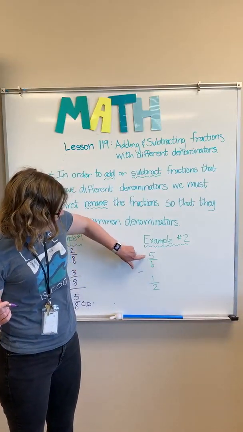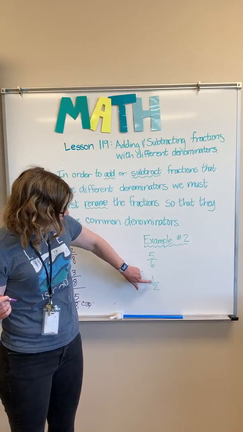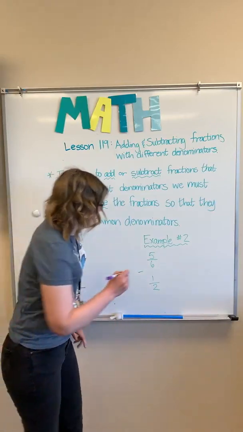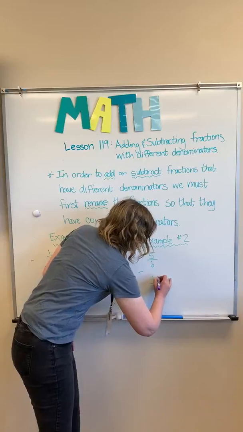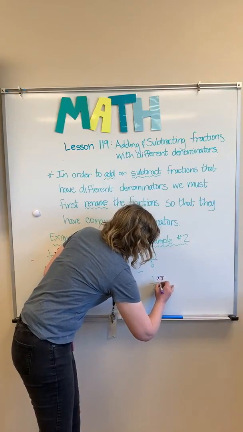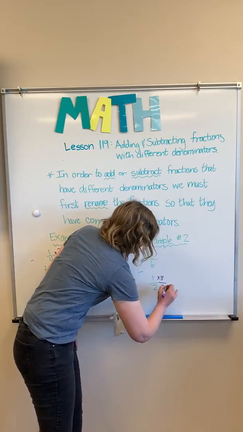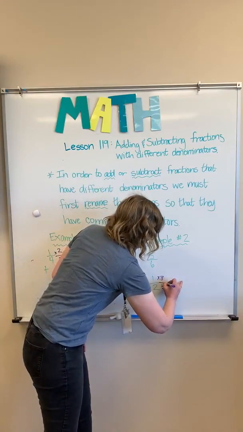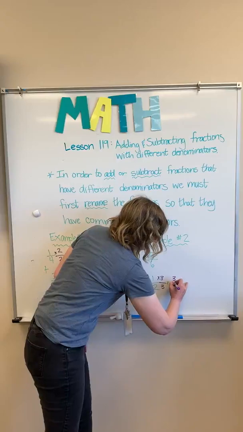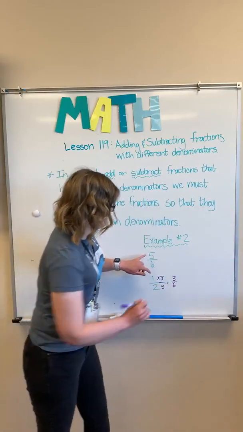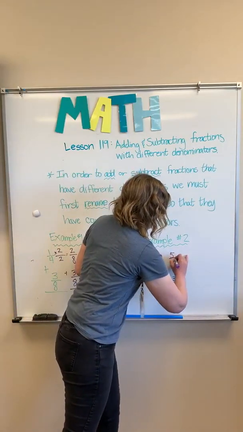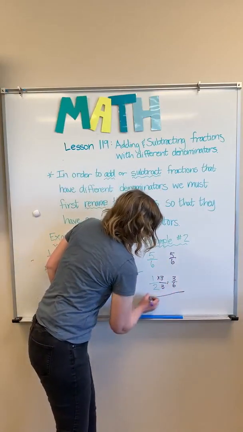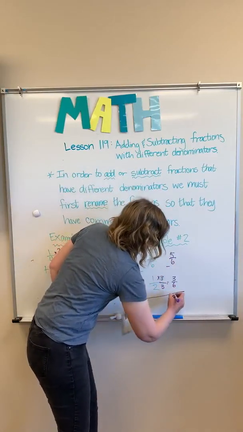I'm going to keep my 5/6 the same, but I can rename this fraction of 1/2. And I rename it by multiplying 3 on the top and 3 on the bottom, which ends up giving me 3/6. And so I say 5/6 minus 3/6 ends up giving us